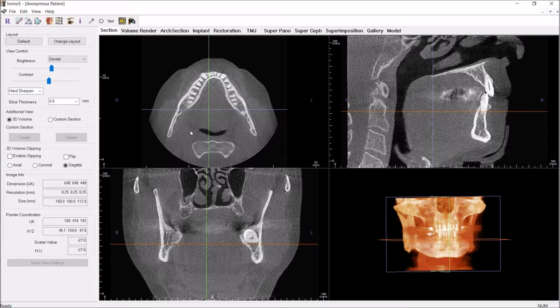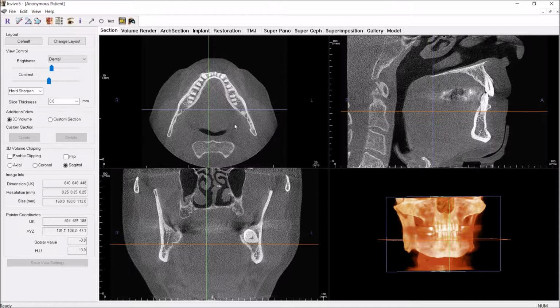You may notice it's a little bit grainy, and you can fix that by increasing the slice thickness. What that does is show you basically more than one slice at a time. If you have it set to 0, then you're just looking at one slice. It can be kind of noisy or grainy looking. Then you adjust the brightness and contrast. That looks pretty good for what we're looking at, which is mostly hard tissues, and you do see a little